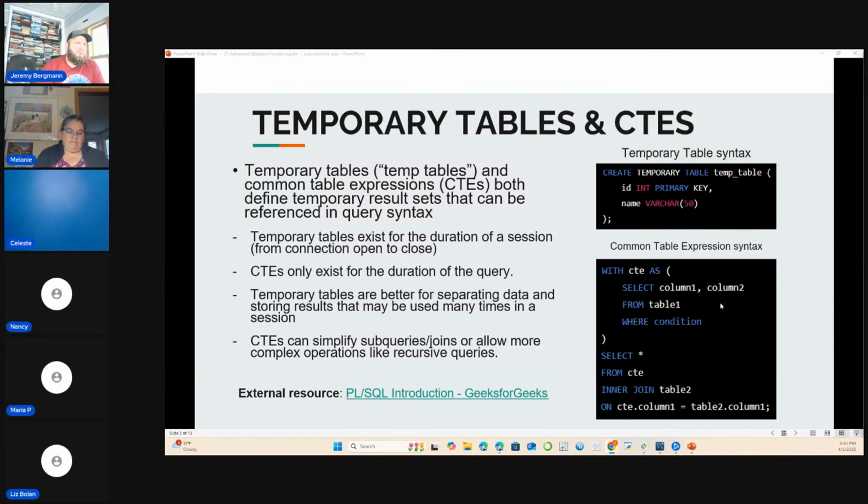CTEs are a little bit different. They only last as long as the query does, just like with the regular SQL that we've done. Once you run the query and it's done executing, it produces a result set and that's it, whereas a temporary table stays around after that. But this can also be valuable, because it can simplify subqueries and joins and allow more complex operations. So if you have a subquery,